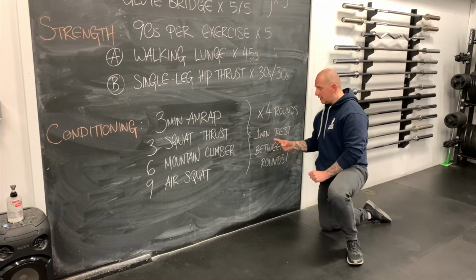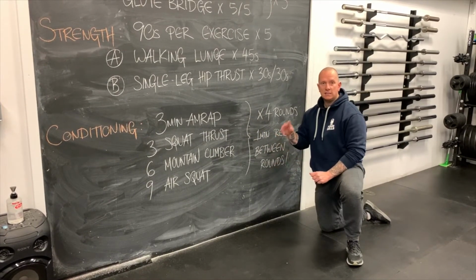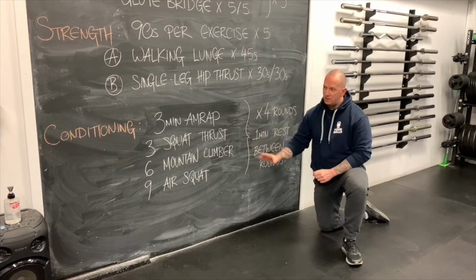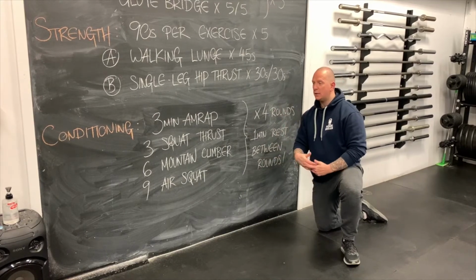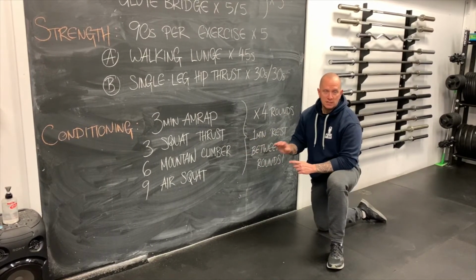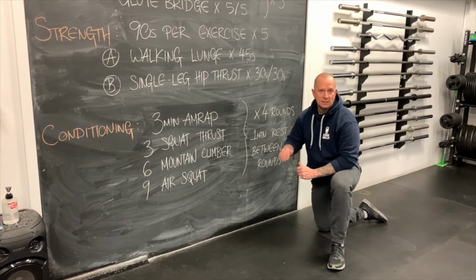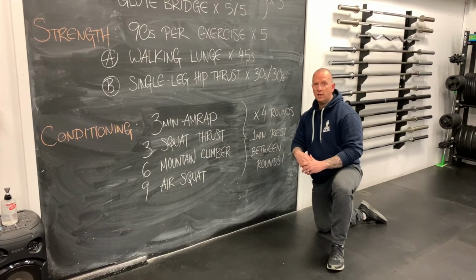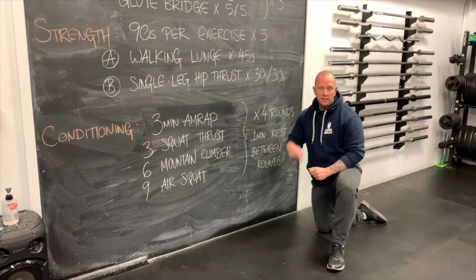I'm then going to take a 1-minute rest and then start again wherever I left off. So for example, if I do my first 3-minute AMRAP, let's say in 3 minutes I get through 3.5 rounds. I get halfway through the mountain climbers. When I start after my 1-minute break, I then start wherever I finish. If I did 3 mountain climbers, I then start on mountain climber number 4 and continue to go for another